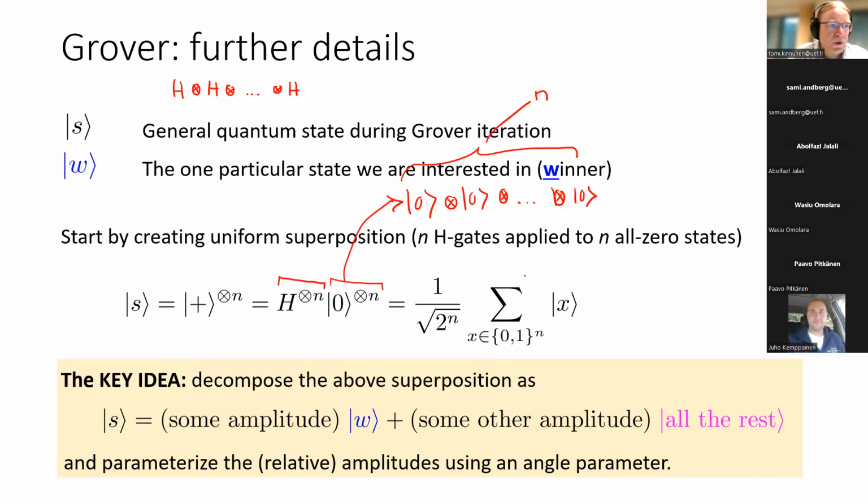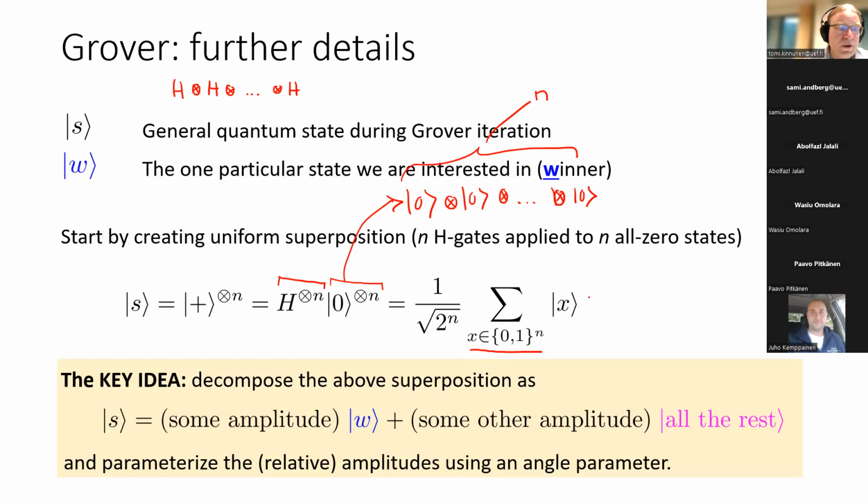Maybe we can briefly remind what this means. The enumeration in the sum goes through all the possible 2 to the power n states. So pay attention to this innocent looking sum here. It means that x iterates over all the possible n-bit binary strings, so the sum goes through all 2 to the power of n different states.